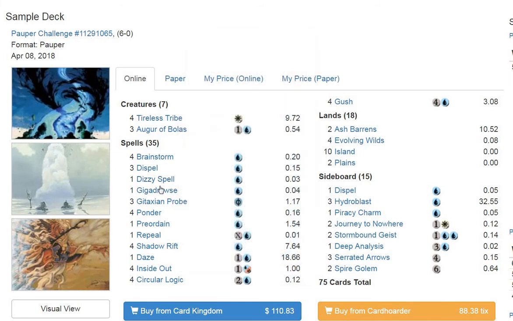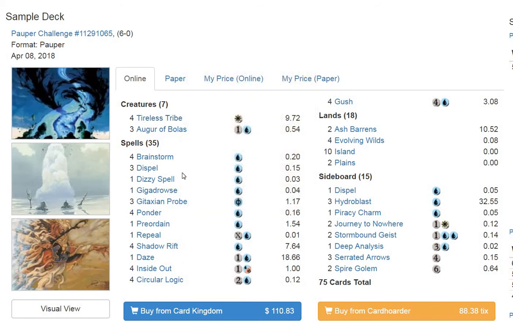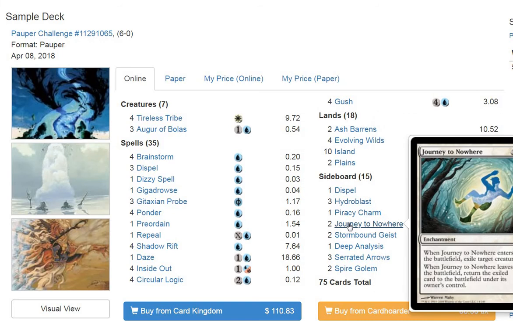But against burn specifically, Gigadrowse is actually an effective solution, because on your turn you can just keep pitching cards to any burn they throw at the Tireless Tribe, and then on their turn you tap them out and then you win the game. We've also got a few copies of Journey to Nowhere to deal with really large problematic creatures